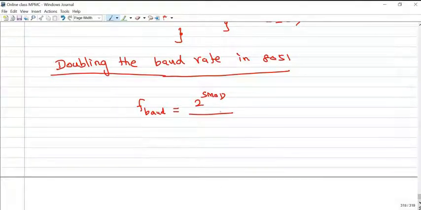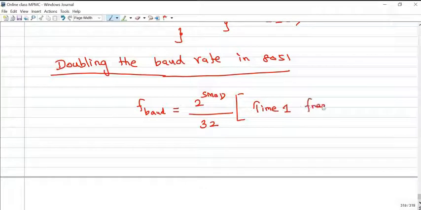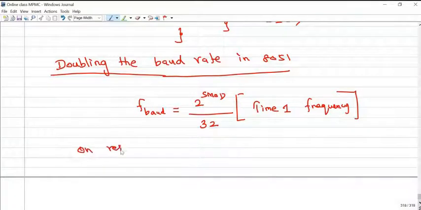SMOD is a bit available in the power control register that we'll discuss next class. 2 power SMOD divided by 32, times the timer 1 frequency. So far we used the reset condition. On reset condition, this SMOD equals 0.